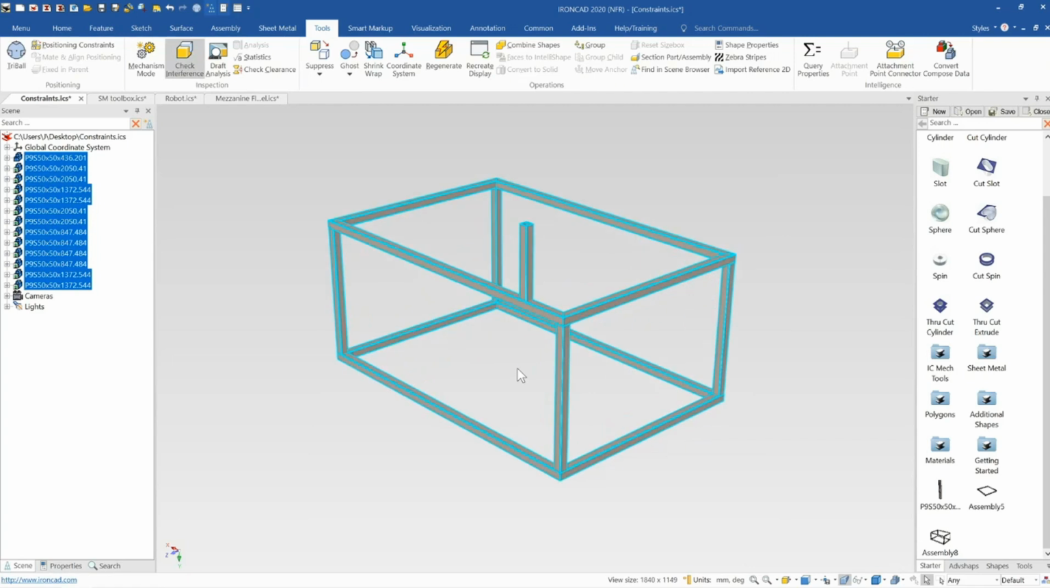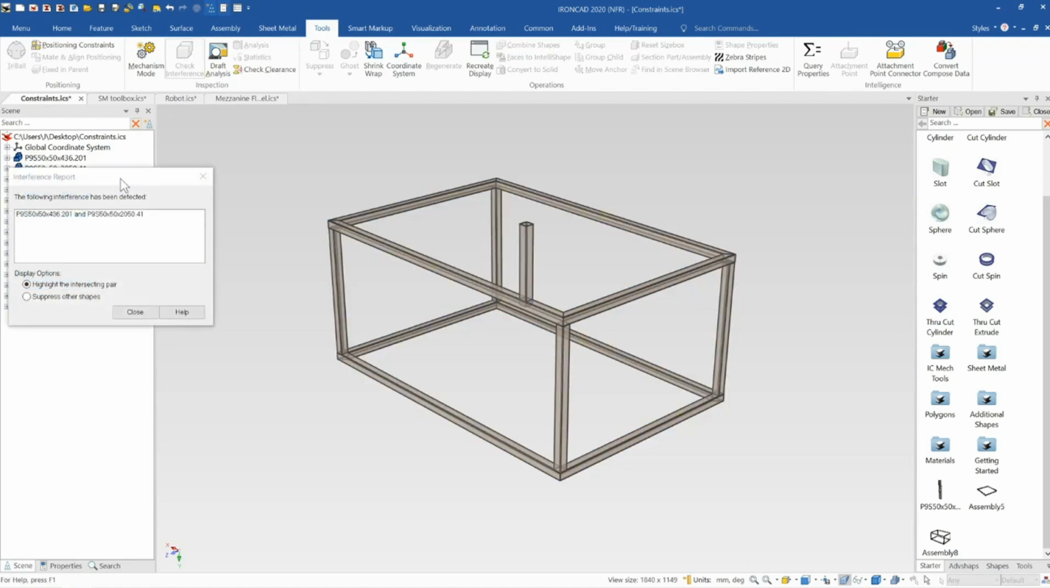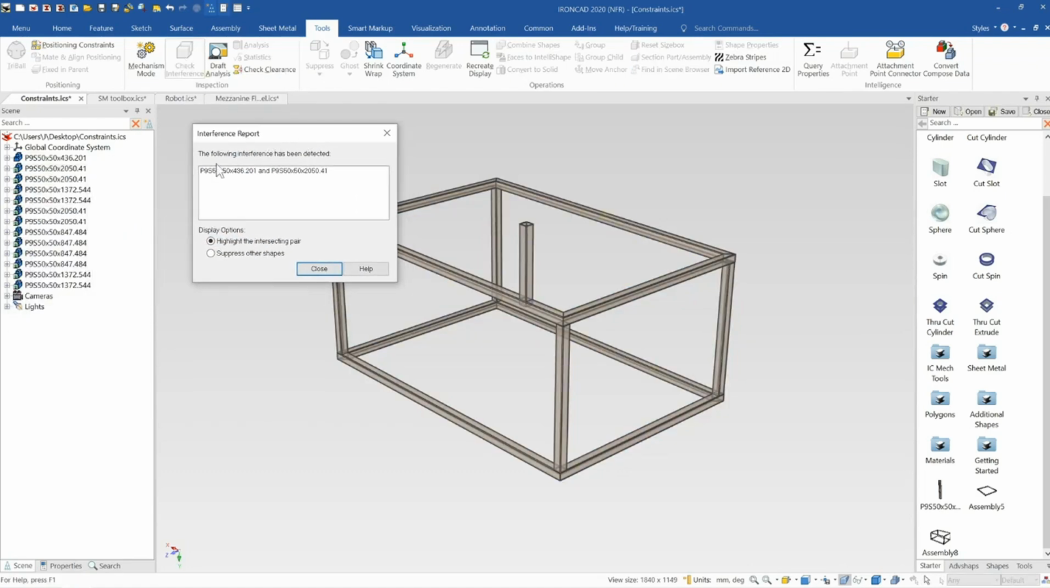Note that if your model is very complex, sometimes it can involve a lot more computing power to calculate all of the interferences than just a select area. So it is sometimes useful just to select the area you're focusing on. I'll now click Check Interference on the whole model here, and you can see now an interference report has been